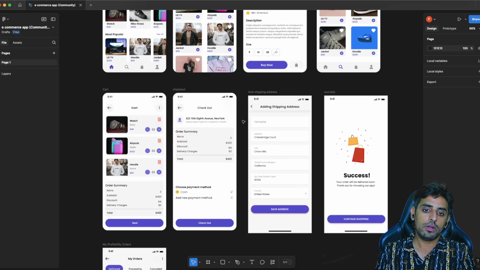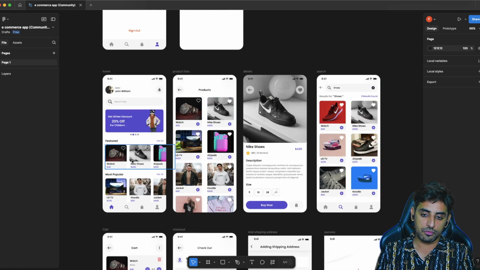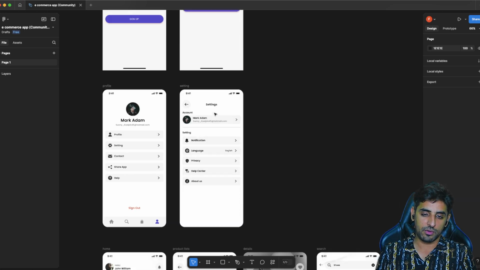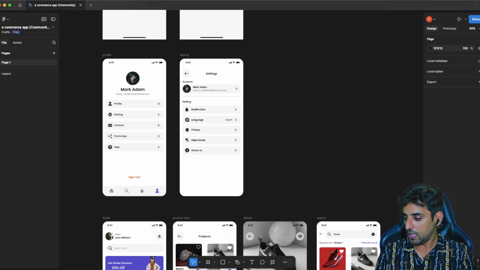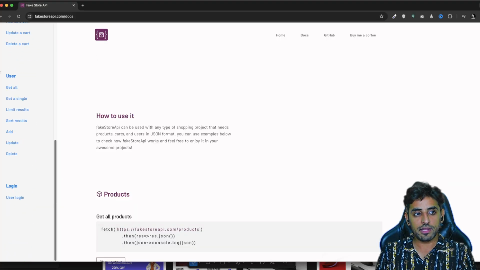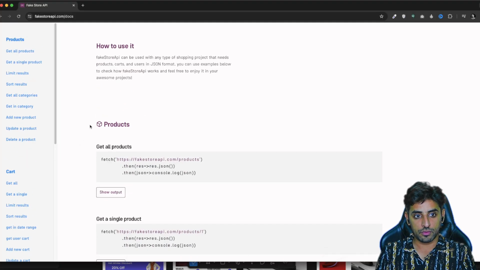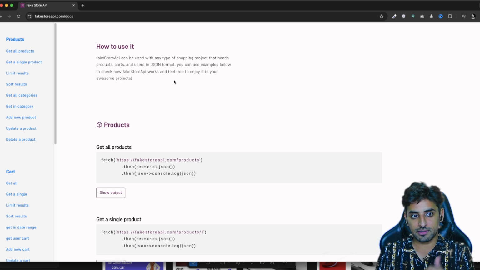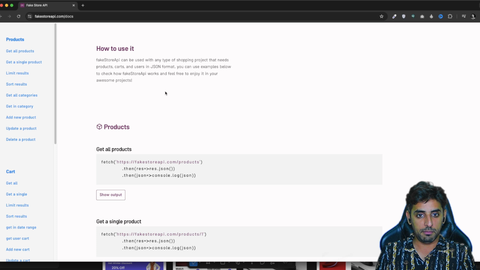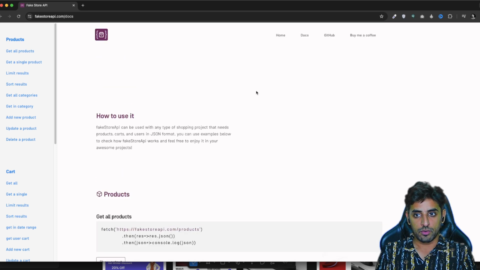Since this whole application is supposed to work through a backend, we'll be integrating some backend APIs for this process, and for that purpose I have selected Fake Store API. Basically, this is a really cool API for those who want to develop their client-side application without worrying about the backend implementation. Over here, at fakestoreapi.com/docs, you'll see